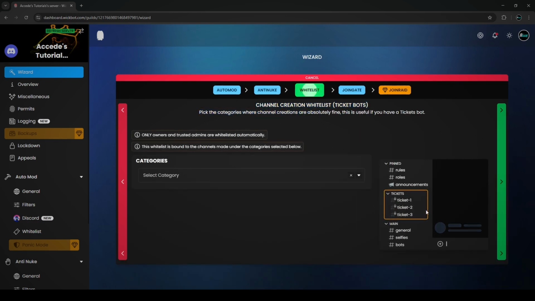So this is once again for, it says, ticket bots, for example. So pick the categories where channel creations are absolutely fine. It says this is useful if you have a ticket bot, and this is true. If you know how a tickets bot works, if you have tens of thousands of people on your server and maybe 20, 30 tickets a day created, well, every time a ticket's created, a channel's created. So if you have 20 or 30 channels created a day, well, typically Wick would not